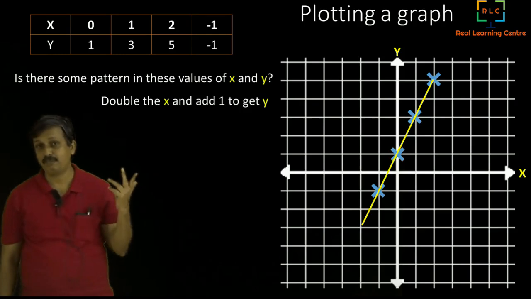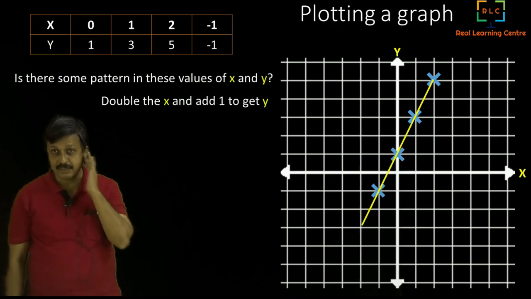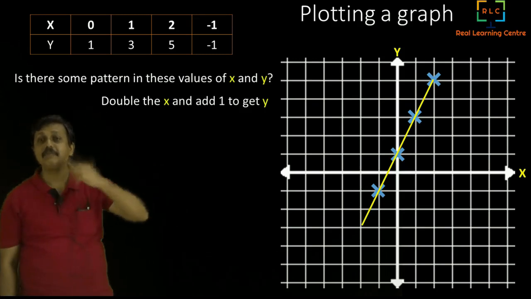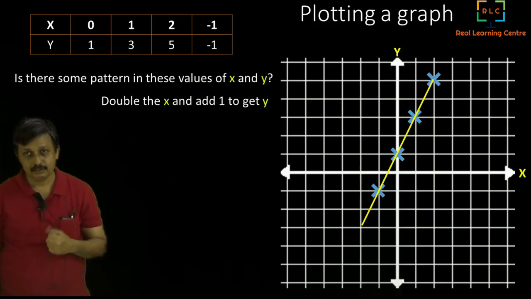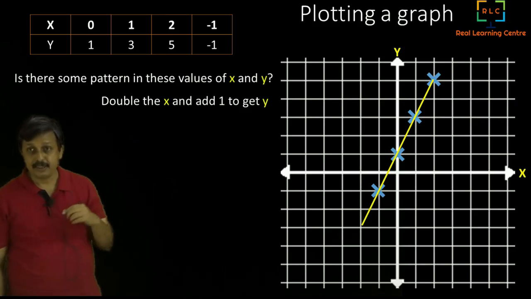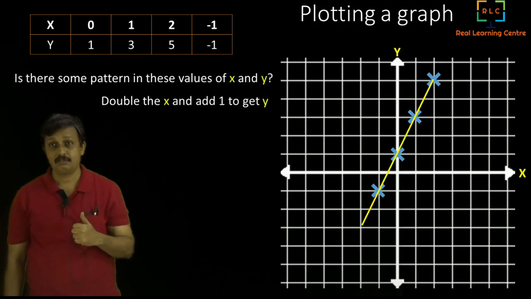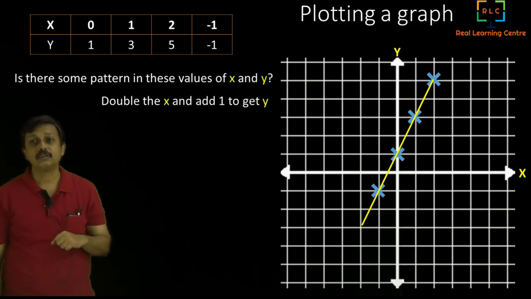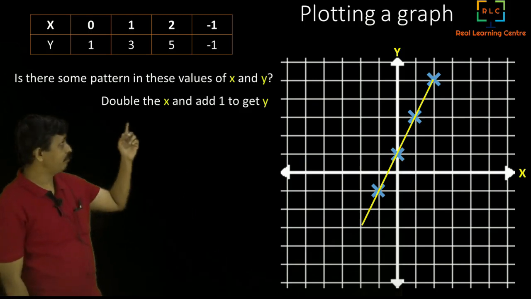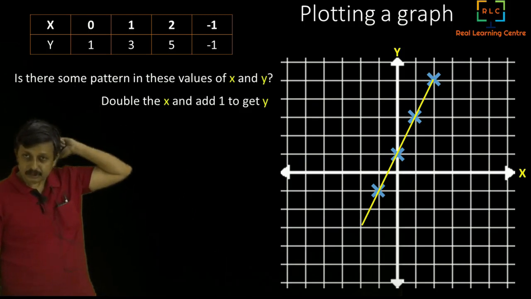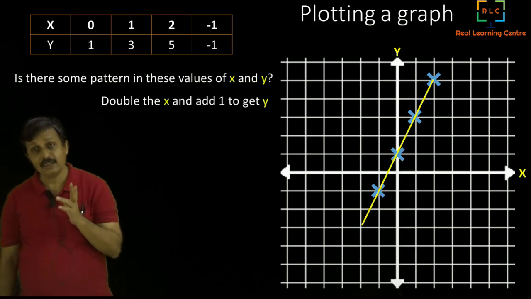Let's take the first one: double 0 and add 1 to it, so you get 1. Second one, you take 1 and double it, you get 2, add 1 to that, you will get 3. Similarly, the last one: you double minus 1, you get minus 2, then add plus 1 to the minus 2, you will get minus 1. So that is how you got some relationship between these points,